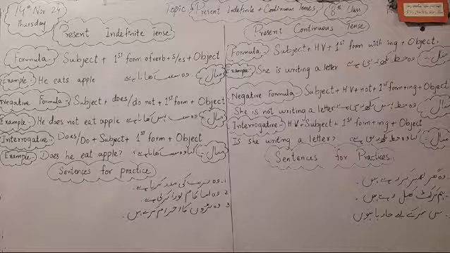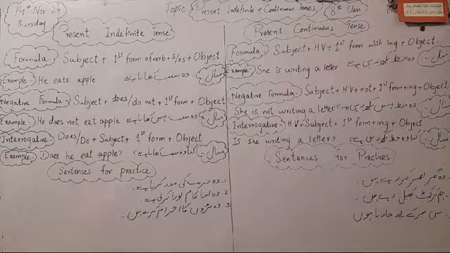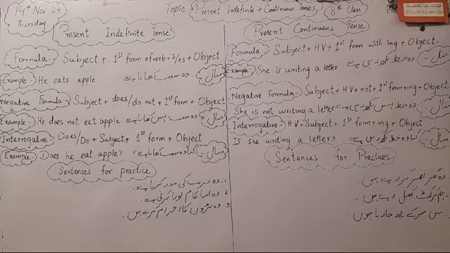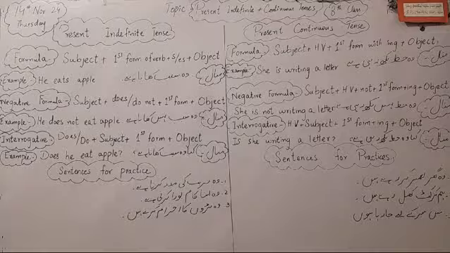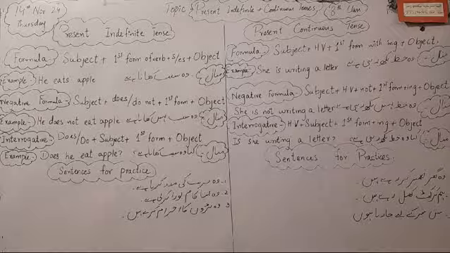Okay, look at the present continuous tense. As you can see from the board, subject plus helping verb, and we use is, am, are in this tense, plus first form with ing plus object. Its example is "वो खत लिख रही है". She is writing a letter. As you can see, we have used ing with the first form. We have used the helping verb is with she.